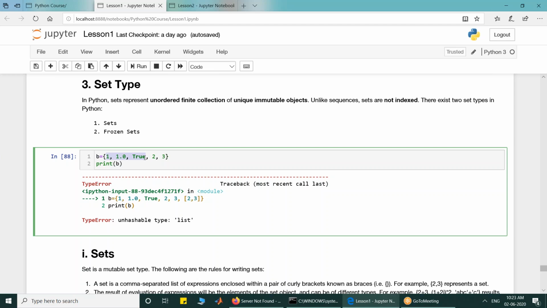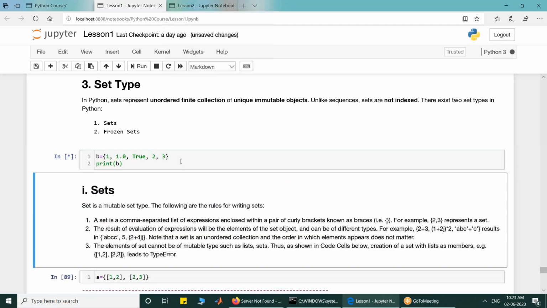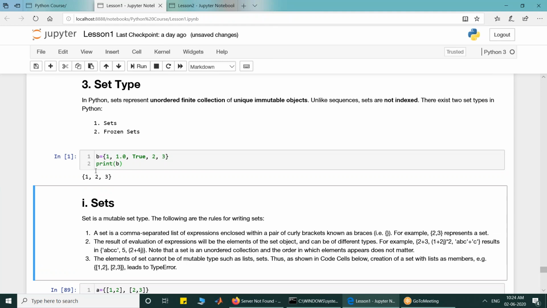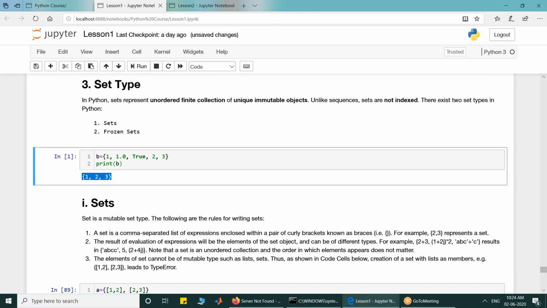So when the set is created, these 3 would be treated as only one value, that is 1. Then 2 and 3 will be there. So if I execute it, it will create a set of 1, 2 and 3 as indicated by the output of the cell.